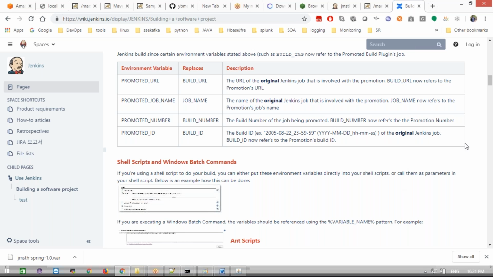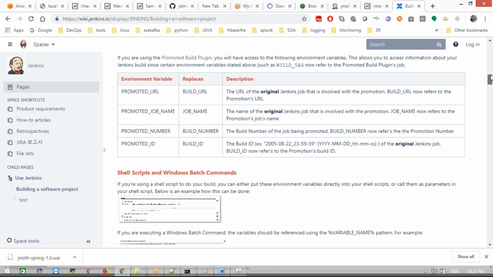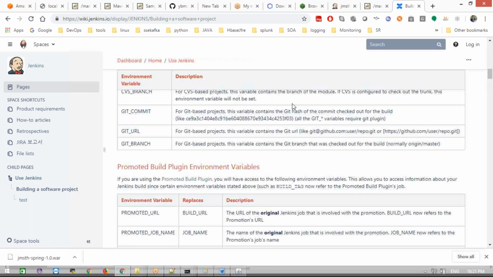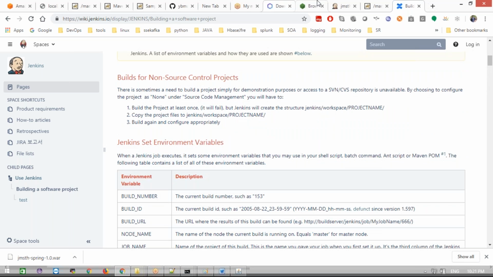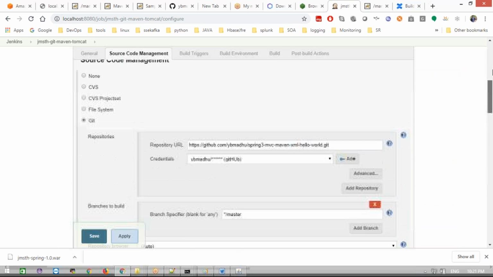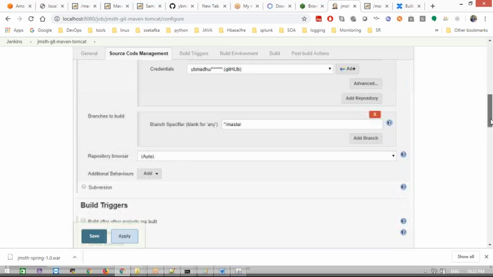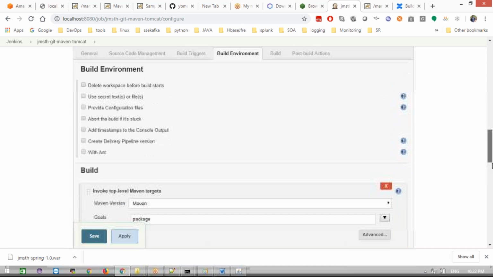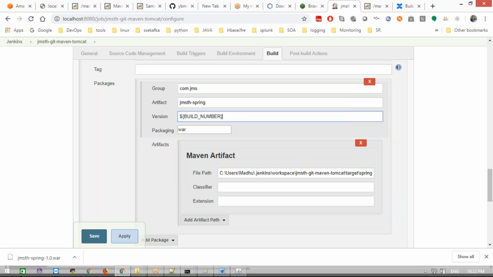Remember this, and again we use the same thing in the pipeline code as well. Clear, guys? If I give the build number, what will happen? The environment variable will give the build number and print that. For example, what is the build number as of now? Maybe 5 or 6 or 7, right? When a new build comes, that build number will go into the tag number in the folder. If it is build 8, it will go 8. If it is the 9th build, 9 will go. 10 build, 10 will go. 11 build, 11 will go. Like that it will go.